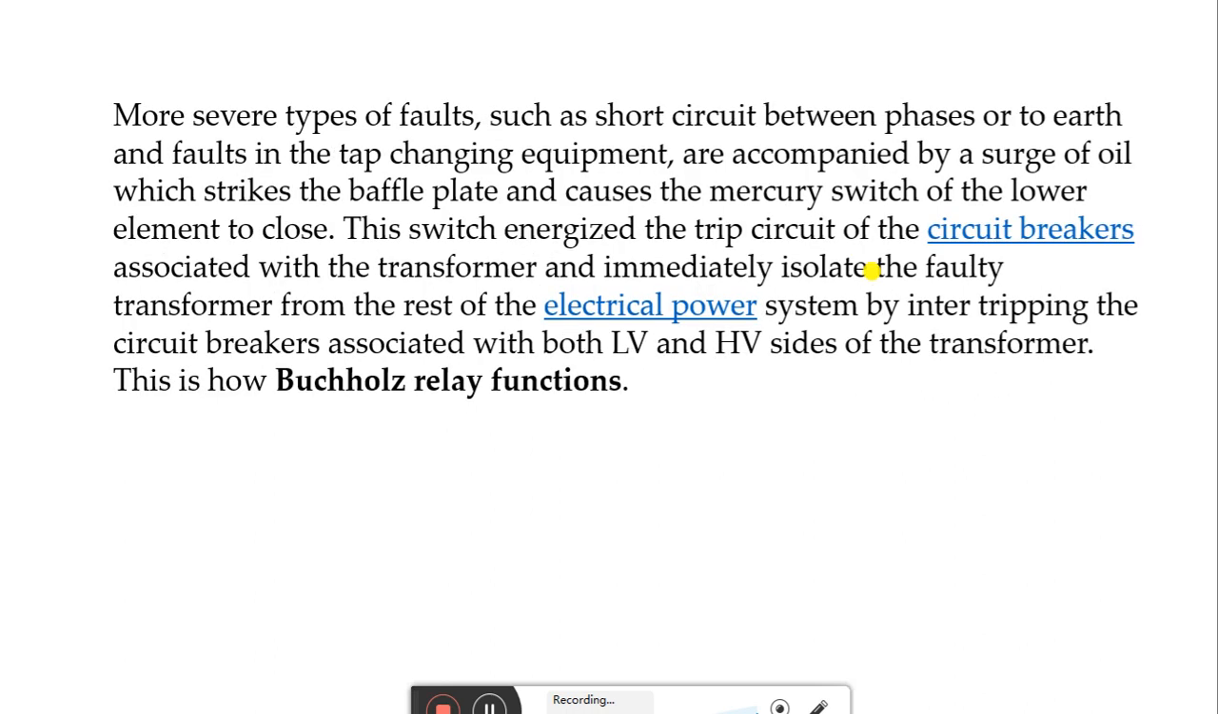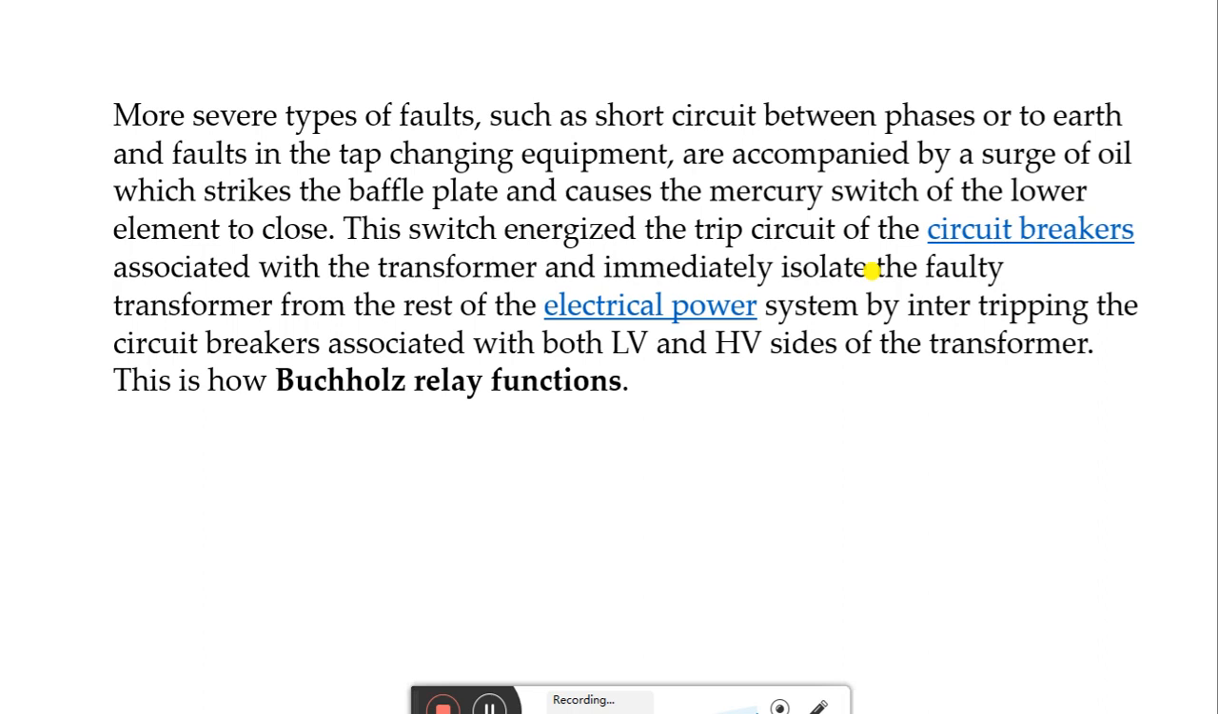Sometimes we say that there may be more severe faults in the transformer. More severe types of faults, such as short circuit between phases or to earth, and faults in tap changing equipment, are accompanied by a surge of oil which strikes the baffle plate and causes the mercury switch of the lower element to close. This is what happens if there is a short circuit between phase and earth and